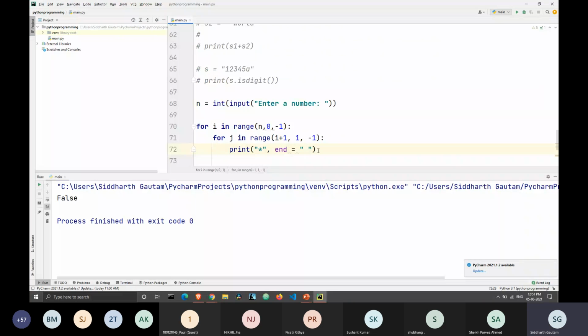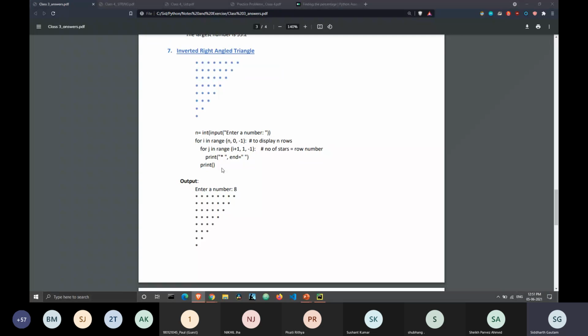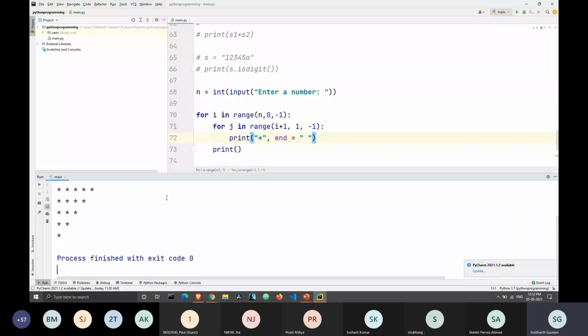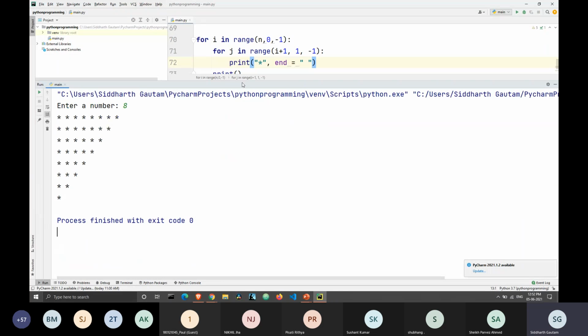And we have to write a print statement outside of the j loop, so that after this loop is complete, we can come to the next line. Let's run this, and I will type the number 8, and I get the triangle starting from 8 stars.